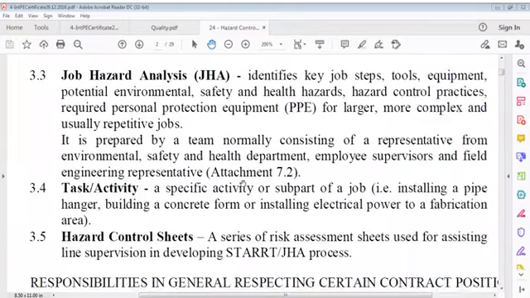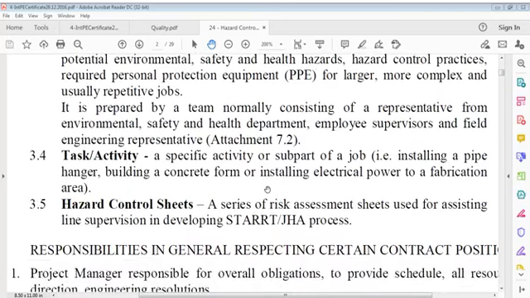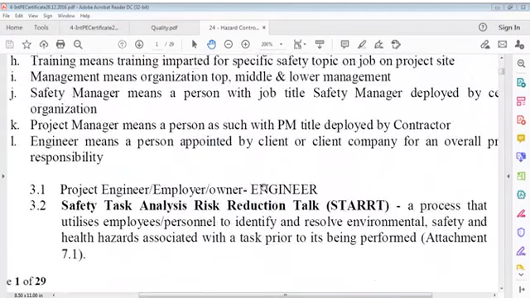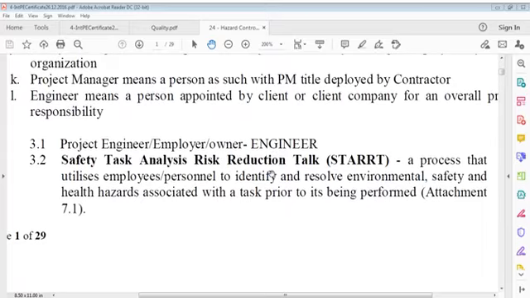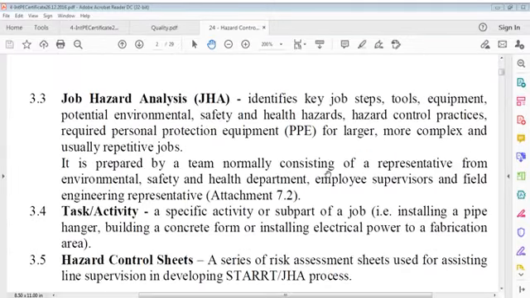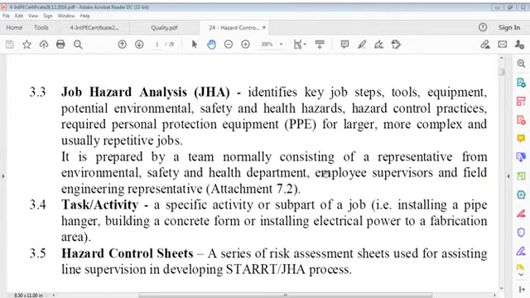Important item in construction world, job hazard analysis and then task activity and hazard control sheets. This is what I talked of. I talked of safety task analysis risk reduction talks start, a process that utilizes employees personnel to identify and resolve environmental safety and health hazards associated with a task prior to its being performed, and job hazard analysis or assessment, which identifies key job steps, tools, equipment, potential environmental safety and health hazards, hazard control practices, required personal protection equipment